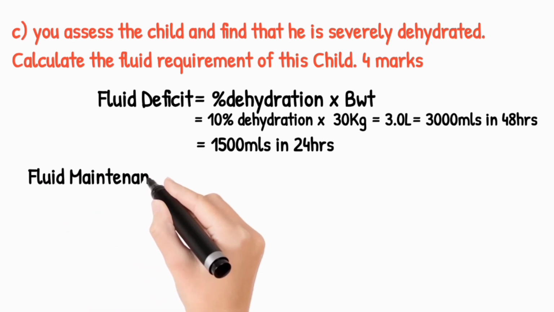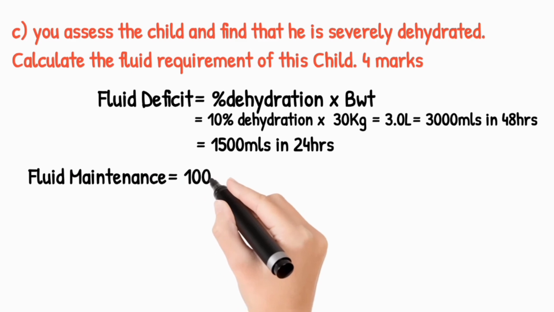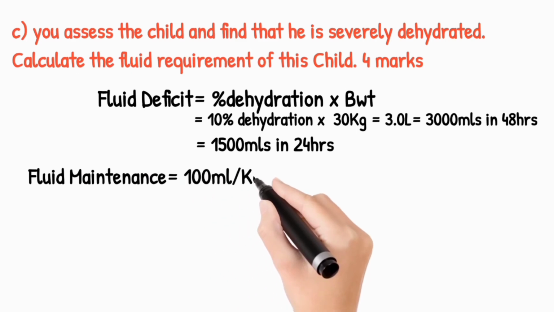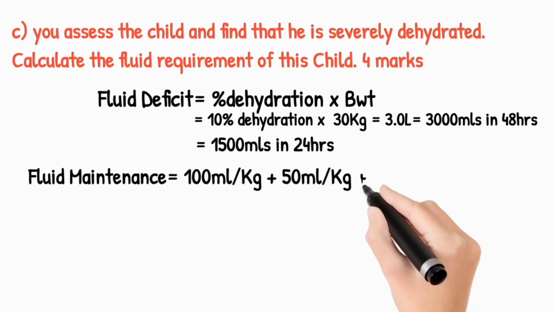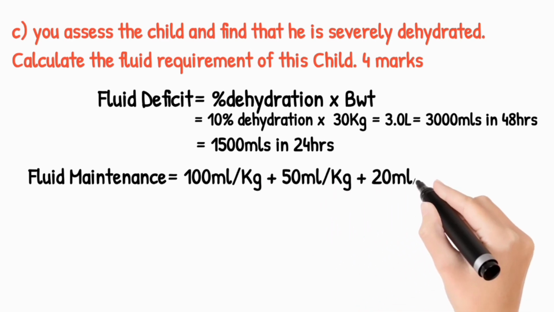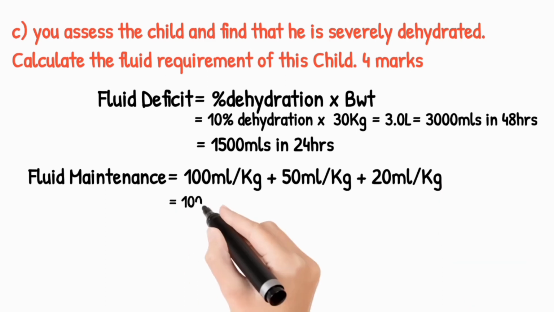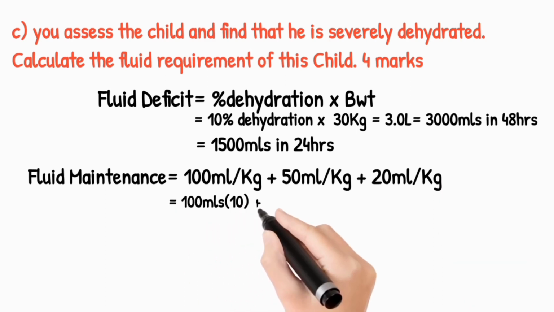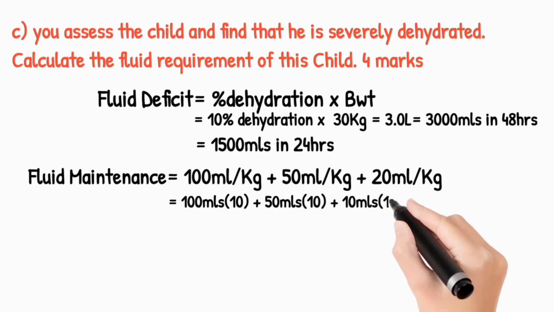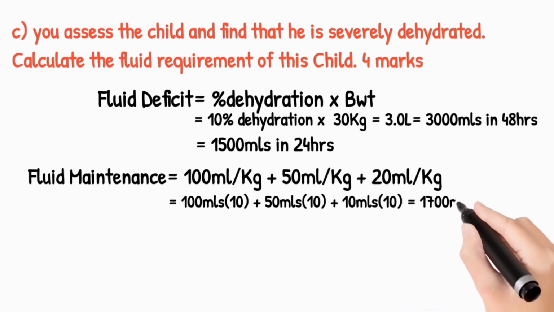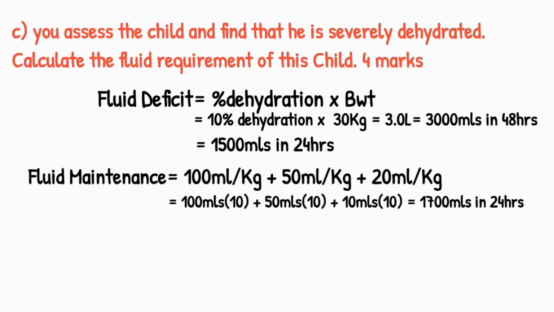Then your fluid maintenance: we use the Holliday-Segar method, which is the 100-50-20 rule, where we multiply the first 10 kg by 100, giving us 1000, the second 10 kg by 50, which is 500, then the remaining 10 kg by 20, which is 200. So that's going to give us